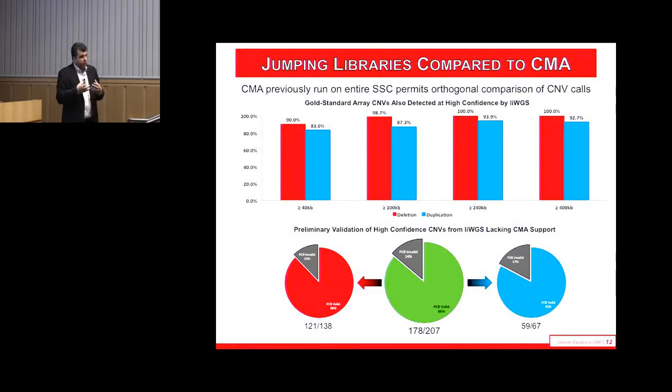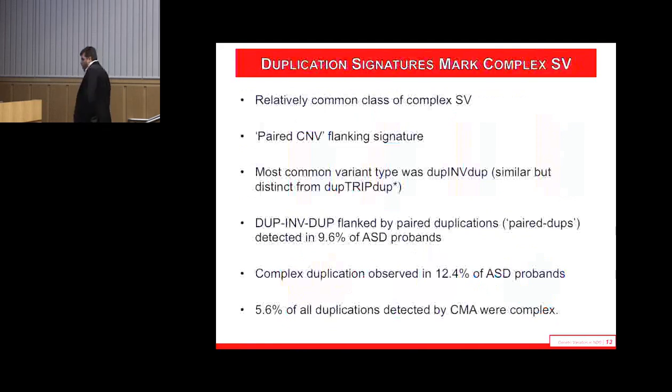And I think, as we've all known, the arrays turn out to be quite fallible in a number of places. And of course, then we're just below the resolution of the arrays a number of places as well. Okay, so what have we been finding? I think this is one of the more interesting things that we found from the Simplex collection.